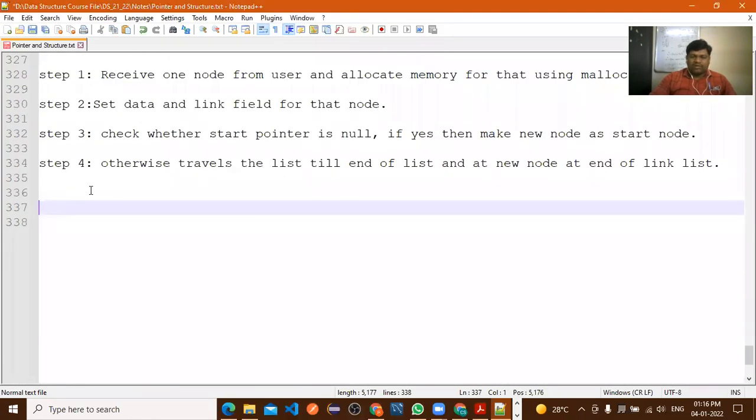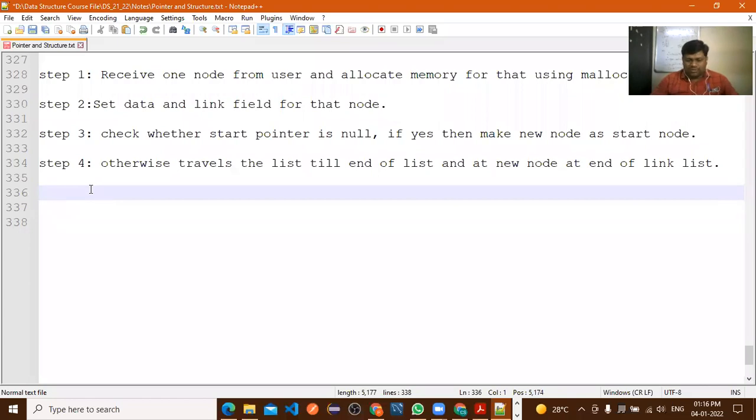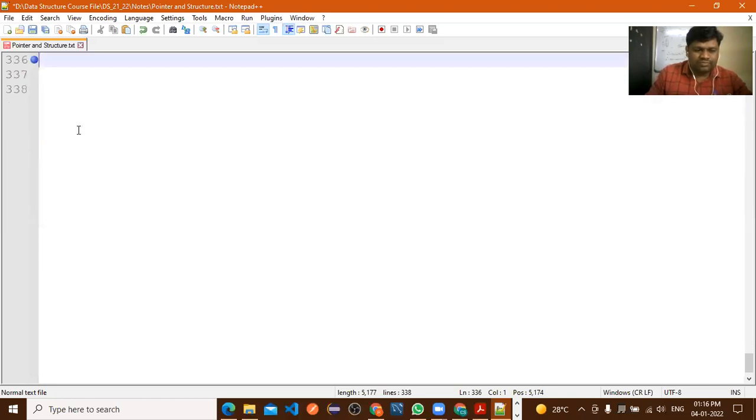Okay. Now, next step, we'll see the next operation. Creation of a linked list is done. Now, insertion of a node at beginning.